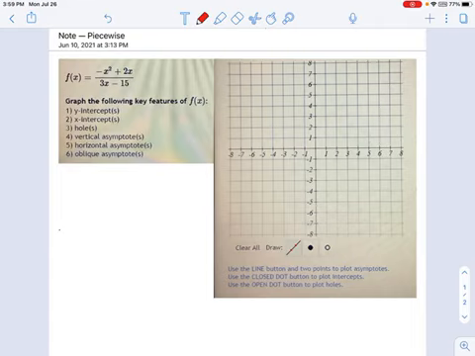So let's start off with a y-intercept. Remember, the way you find the y-intercept is you set x equal to 0. If you look at this equation, 3x becomes 0, x squared becomes 0, 2x becomes 0. It's just a bunch of zeros, except that 15. You get 0 over 15, which is just 0. So that means we have a y-intercept at the origin, at y equals 0 and x equals 0. So let's put that on here first. And remember, the way you would add a dot or an intercept onto this graph is using the solid filled in dot button.